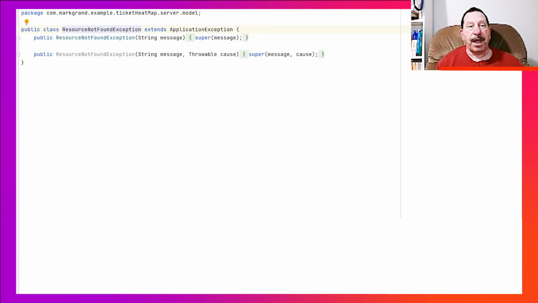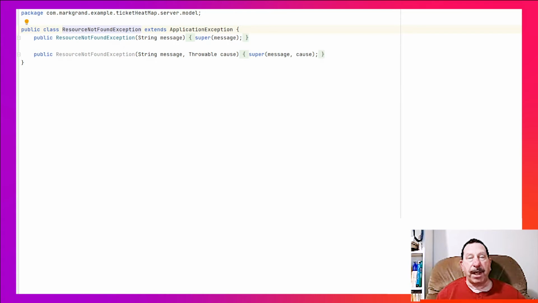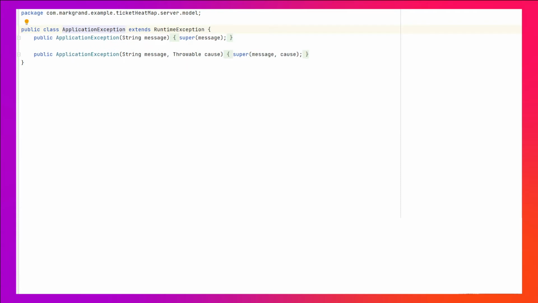The exceptions defined by an application could all be defined by a subclass of a predefined exception, such as runtime exception. However, it is better to have one exception in the application that is the superclass of the others. In this case, we have defined an exception named application exception. Application exception is declared as a subclass of runtime exception. This means that methods that throw these exceptions don't need to declare them in a throws clause at the beginning